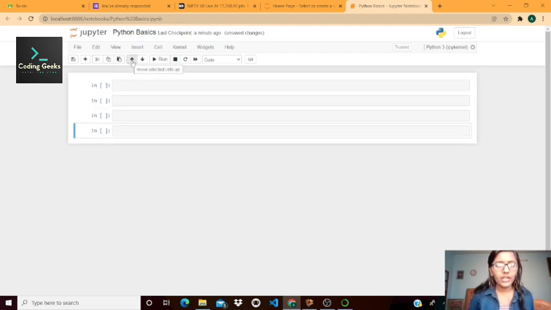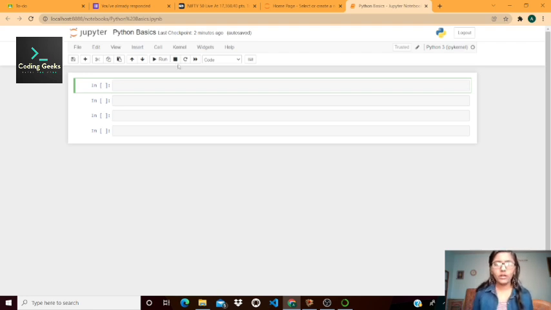You can move upwards in the cells by clicking this button, and you can also go down by clicking on this button. You can run the cell by clicking on the run button, and you can interrupt the kernel by clicking on this. If there is a code going into an infinite loop and we want to stop it, at that time you can click on this button and interrupt the kernel.